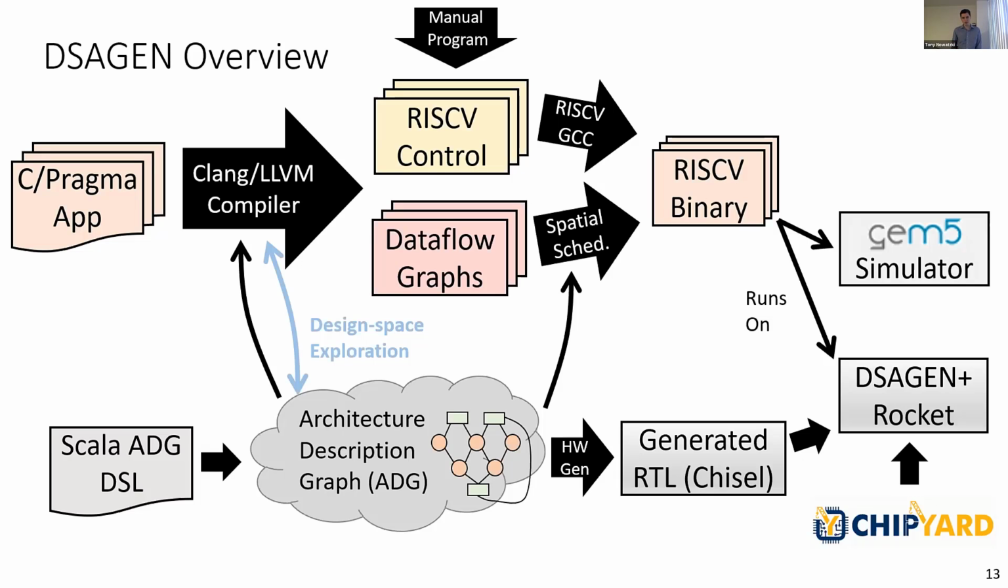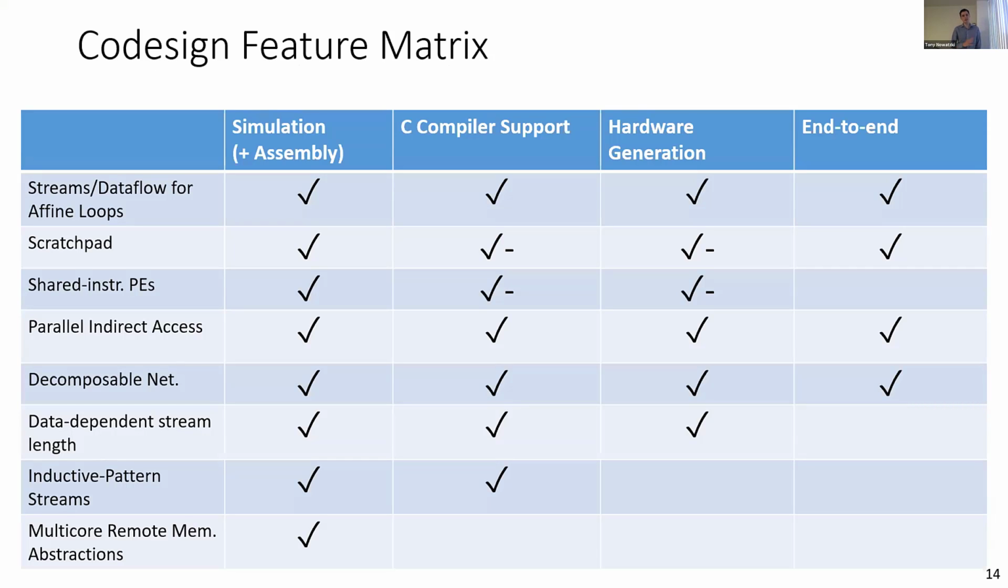So before I hand things over to the tutorial part, I want to mention just a couple of things. This slide shows a bunch of different features that we've implemented, and what level of maturity they are implemented at. Everything here is possible to do in simulation and through assembly programming, but a subset of that works with the compiler, a subset works with hardware generation, and a certain set of features work end to end. We want to fill this up completely at some point,